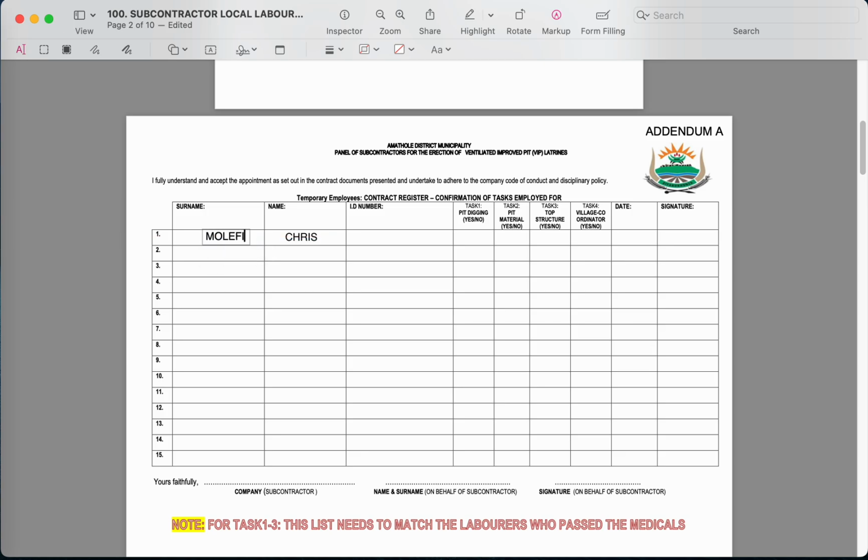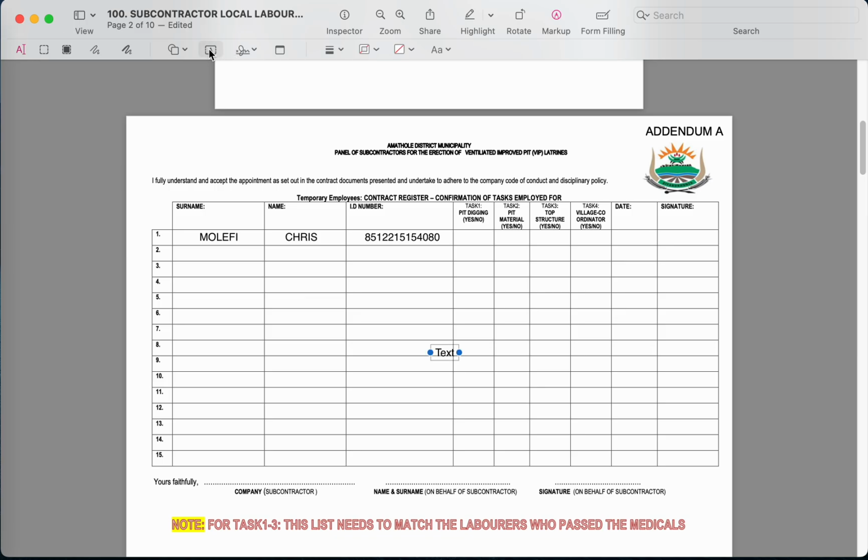This is done, my advice is, during the time where you're doing medicals with all your employees. So they are there on site, on whatever site that they are busy doing medicals, and at the same time you are doing the contract. This is the ID number which you need to then fill in. Let's say for example, that's your ID number,